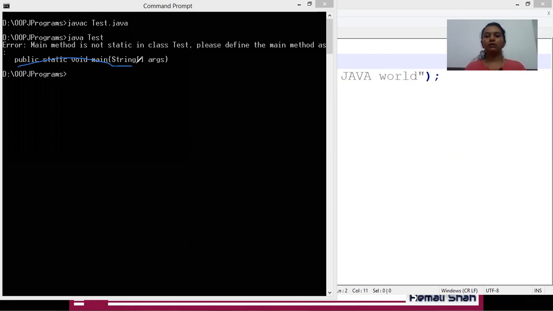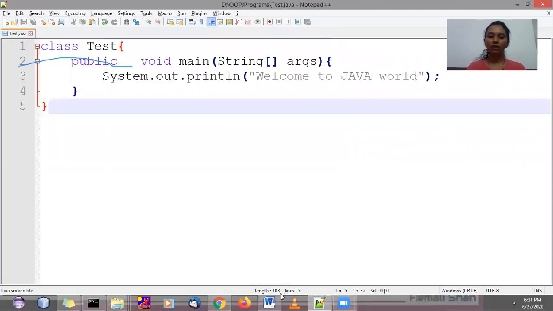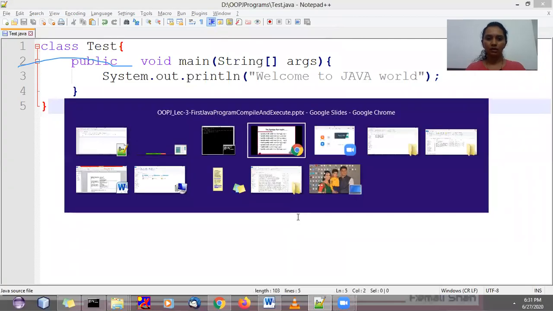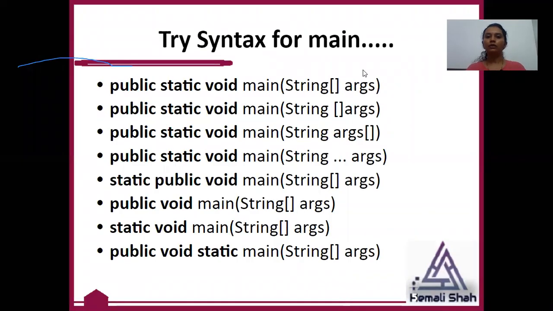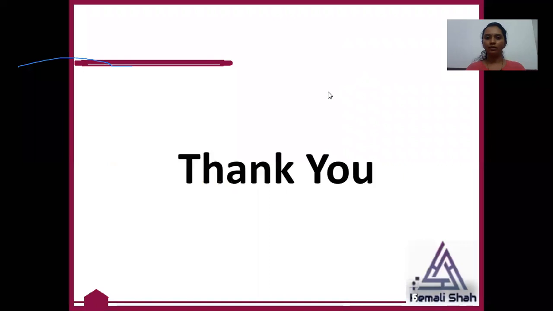So are you able to find out which syntaxes are valid for main and which are not valid for main? This we have done in our program. So here this is valid.